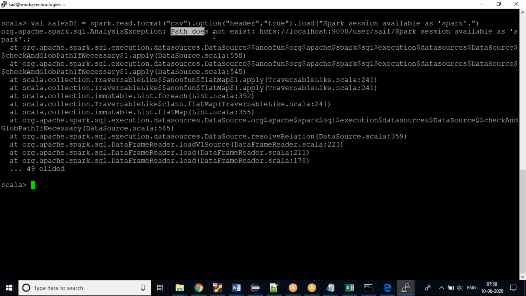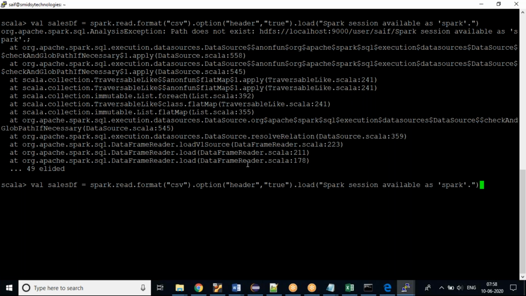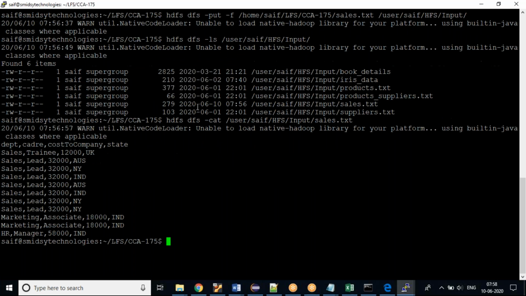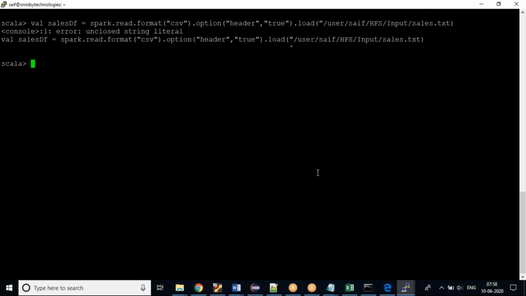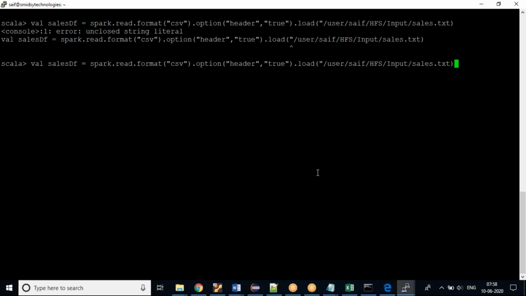What is there is a path does not exist. Why does the path not exist? Sorry, what I've done is I have copied the Spark session path which I showed you. So let me copy this path, paste it, clear the screen and hit enter. Load, what is it telling? It is telling unclosed literal string. Can you see this message? It always gives you the error. We need to see that error and it points us to the problem. Here I have mentioned the double quote, but I have not mentioned the double quote over here. So we just need to see the error and eradicate that. This is how we need to move ahead.